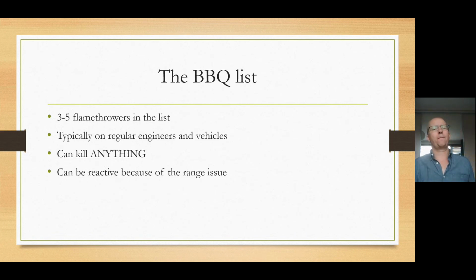And then we have the barbecue build. The barbecue list or the flamer spam list typically has 3 to 5 flamethrowers in the list, although I have seen one list which had 7 flamethrowers in it. That was insane. They are typically mounted on regular engineers or on vehicles. Regular flamethrower teams are also quite often used, and that is because regular engineers is the cheapest way of getting a flamethrower in your army, where the flamethrower, if that gets killed by a sniper or